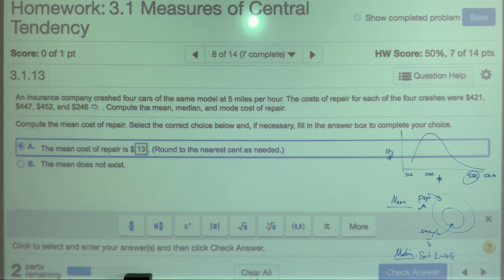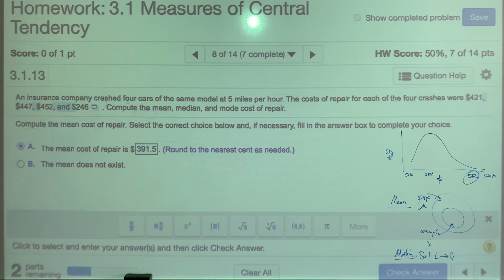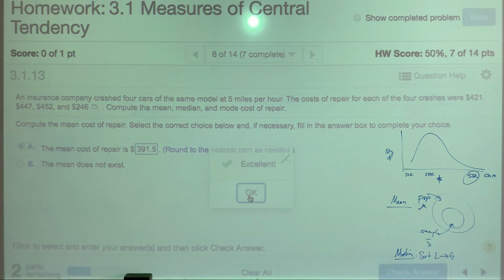Yeah, that's what I did. Should be 391.5. Okay. Maybe you divide by 4. How did I know that your answer was a little bit off? Because if it's the average, then the average has to lie somewhere between 246 and 421. The average can never be higher than your data values, right? Because the average is taking your data values and averaging, dividing them, finding a number that falls somewhere in between them. So hopefully this is correct. Oh, check answer. All right, great, thank you.